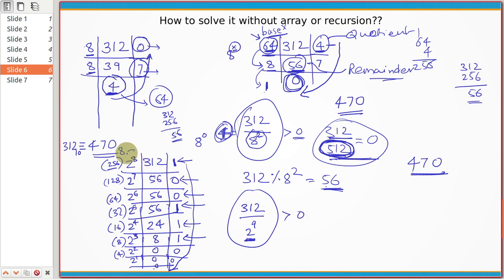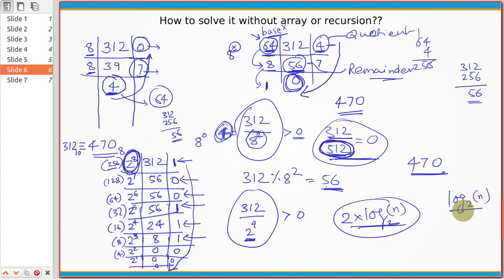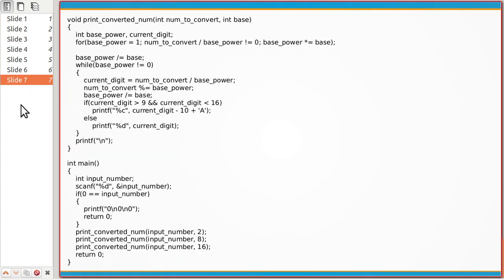right? So that you can find this number with which you start dividing it. And that is the added complexity, right? So instead of one pass, this approach will require two passes over that number. So the complexity of this would be 2 log n. I'm not sure if you will understand this, but that would be 2 log n, which was just log to the base 2 of n in the previous approach. So basically, if you don't understand this, it is okay. Basically, the time taken by this new algorithm, which does not use an array or recursion, would be roughly double your previous approach.